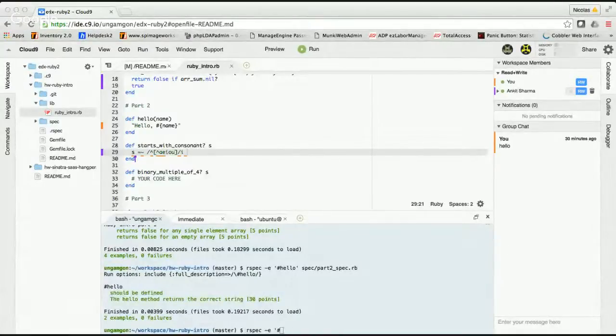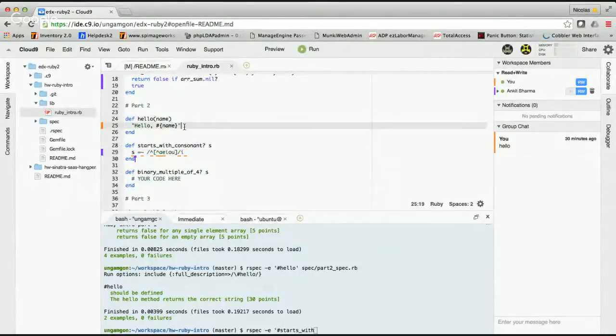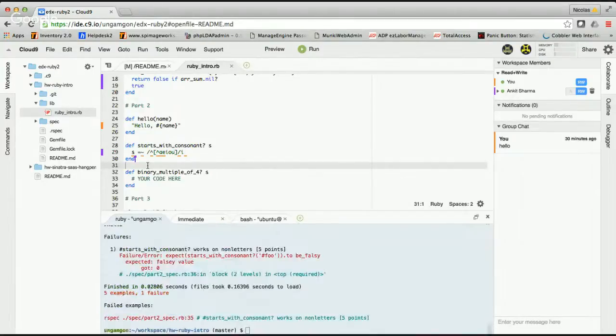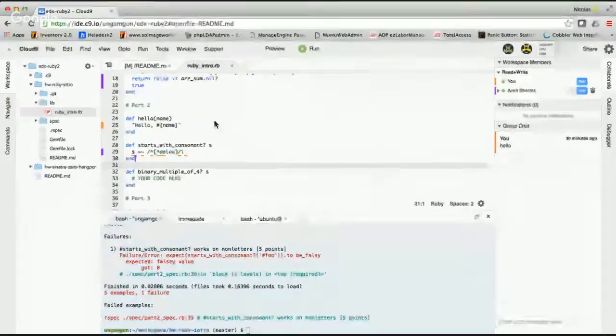RSpec dash e. Why is there an error here though? Oh no, I see. Starts with consonant. Okay, and then spec part two. Oh, yes, we have to take away the